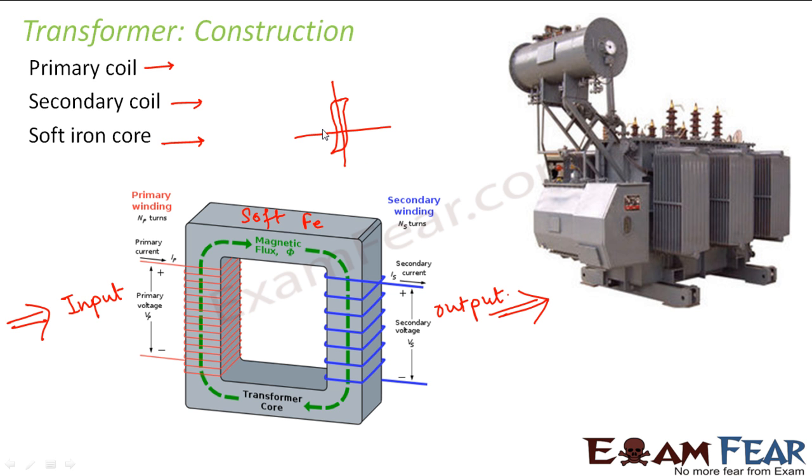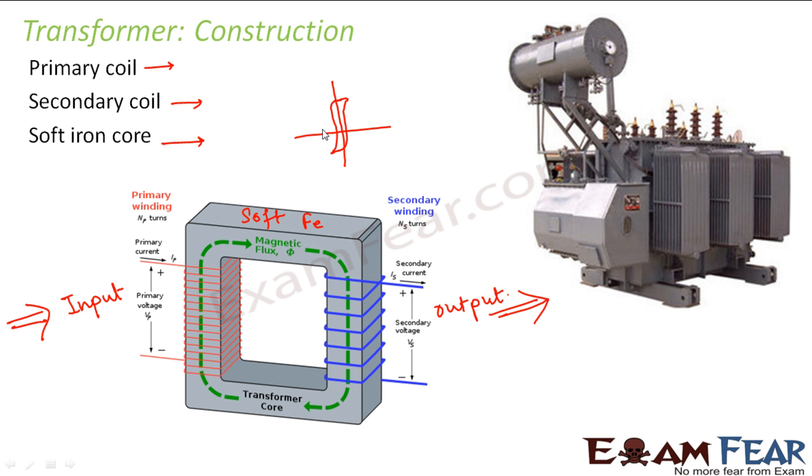So what is hysteresis loss? I have discussed all these things in detail, but just for a quick review, it is the amount of loss which a magnetic material incurs during the cycle of magnetization. When that material gets magnetized, during the entire cycle of magnetization, the amount of energy that gets dissipated is known as hysteresis loss. So the greater the area of the hysteresis curve, the more is the loss. For permanent magnets, the area is very huge, so they are not at all suitable for use as transformer cores.